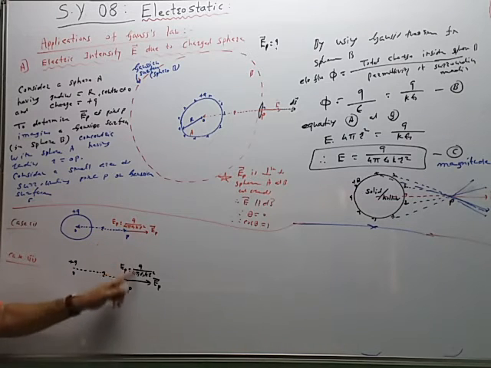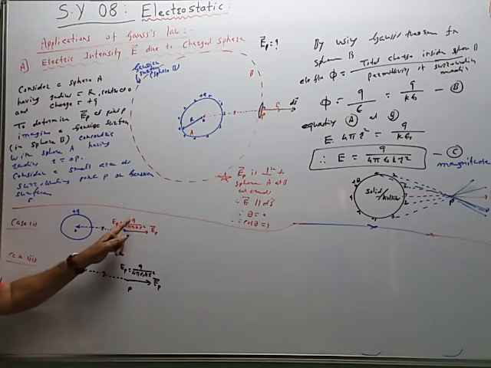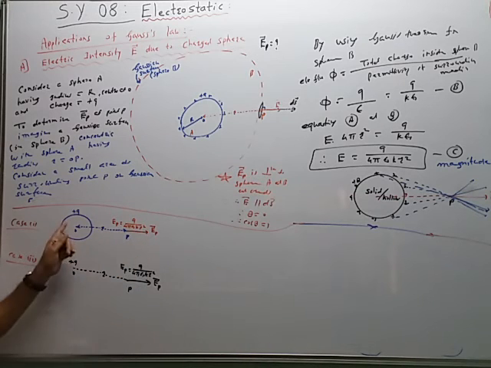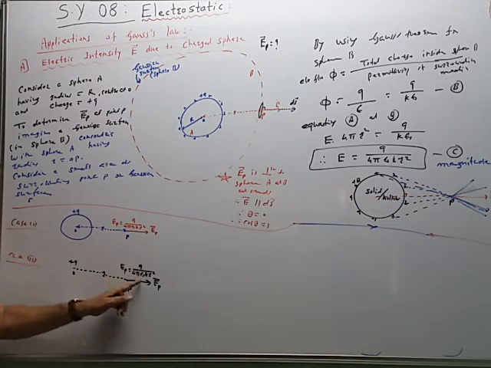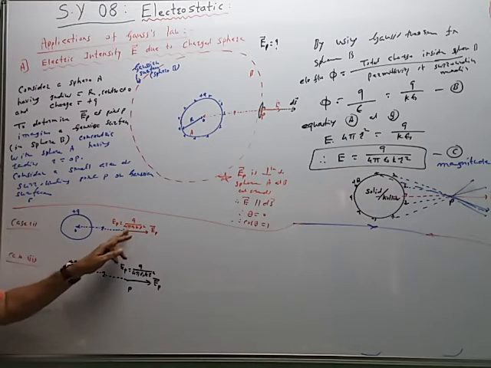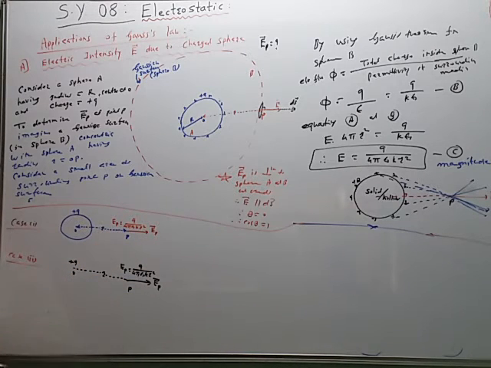So see these two equations. Magnitude is the same in the two cases. Direction is also the same, along OP, q upon 4 pi epsilon naught k r square. So direction and magnitude of the electric intensity is the same at point P. But what is the difference? The difference is on this side. The whole charge q is kept at point O, and the charge is distributed on the surface of the sphere like this.